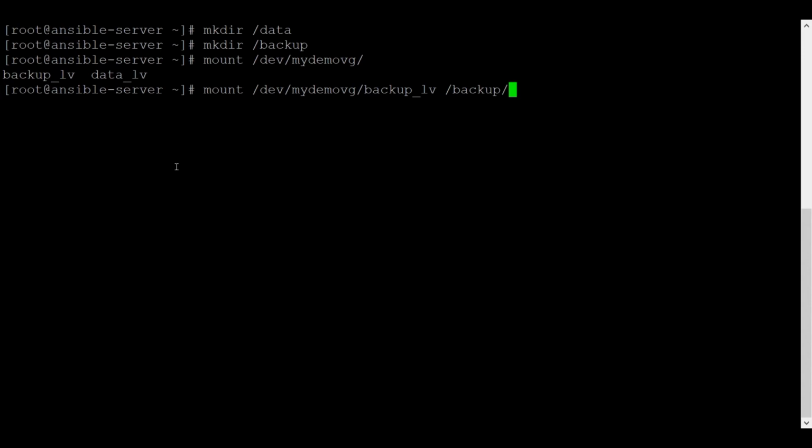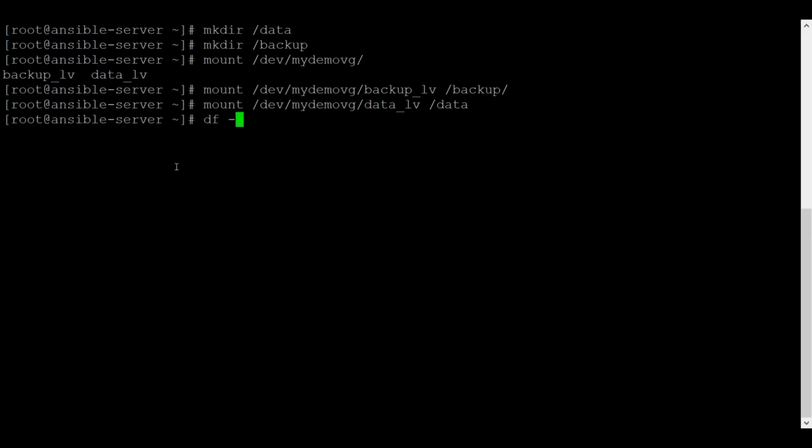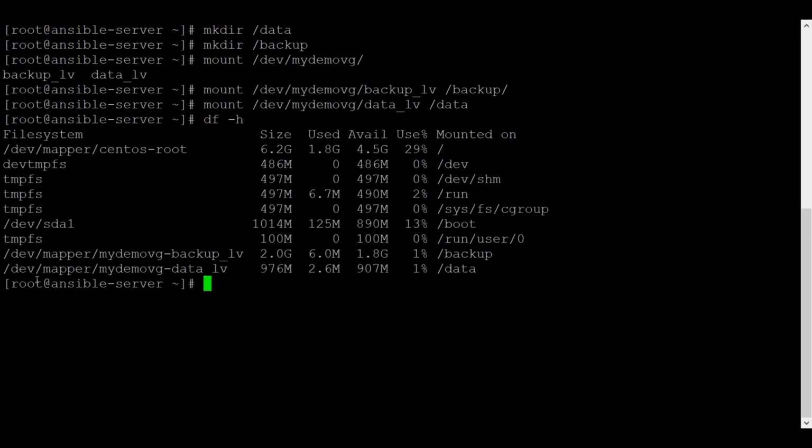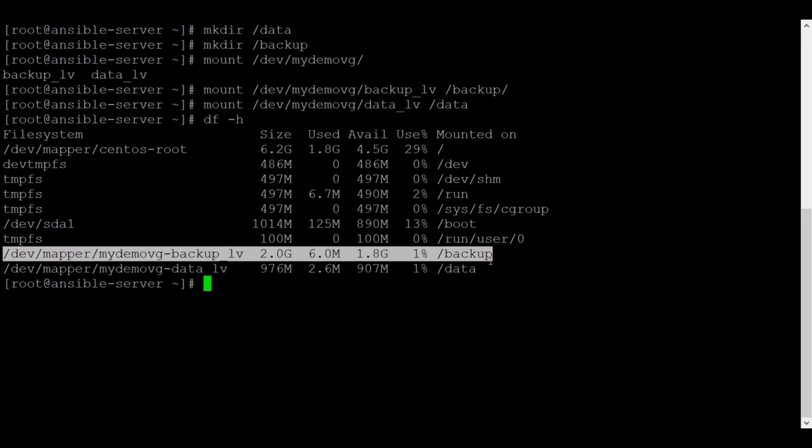And space, the mount point, which is my backup folder, right? Same for the other LV, data LV as well. I have created a folder /data, right? So without any error it is mounted. Now we can see using the df -h command that my two LVM partitions have been mounted.